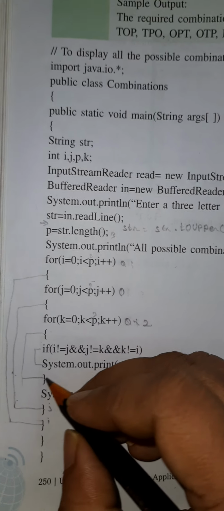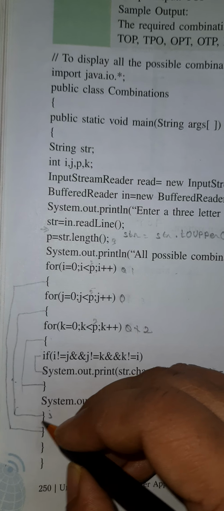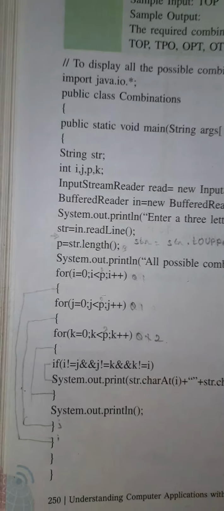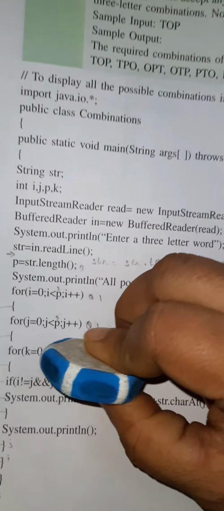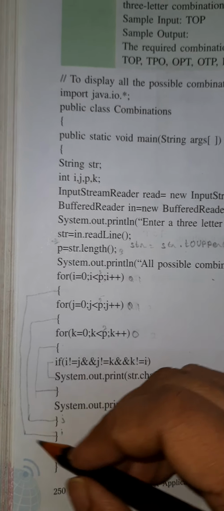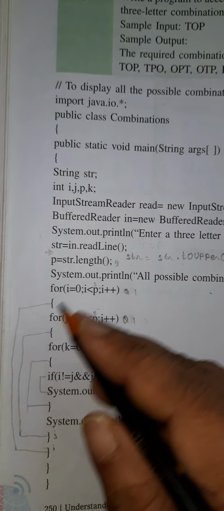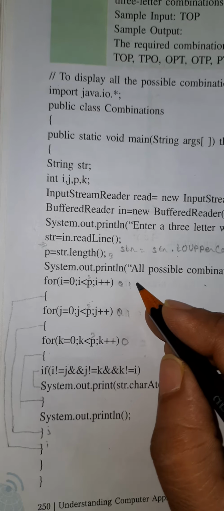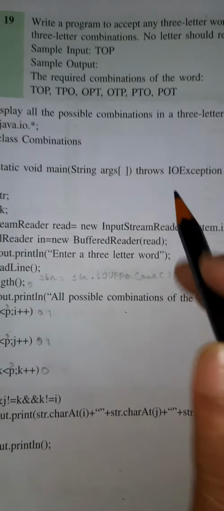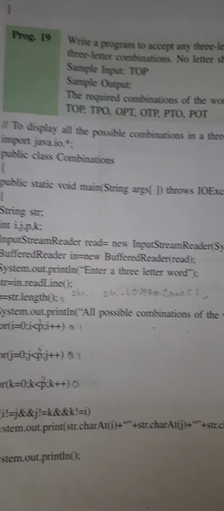So now again K will become 3, condition false, it will come to J. Now J is 1, so again it is going to enter this part. Again K will start from 0. In this way J will become 3, and then when I also becomes 3, the loop will complete and it will come out of the loop. In the same way you will go on continuing the dry run, and in a similar way you will get all the values one after another. Thank you, class.